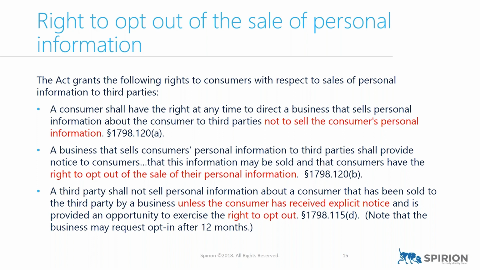Any opinion as to why the California legislature didn't make opt-out the default, have the consumers select opt-in if they want to, similar to the GDPR? I think because, think about how many tech companies are headquartered in California, and if you had to opt in for everything, that would basically just cut off all of their revenue because most people are not going to go out of their way to opt in. So I think that's the reason why they chose that model, because otherwise they would have probably had a lot of unhappy corporations, especially in Silicon Valley, but really statewide, that would have said, hey, you just cut off our revenue. So I think that was the driver for that.